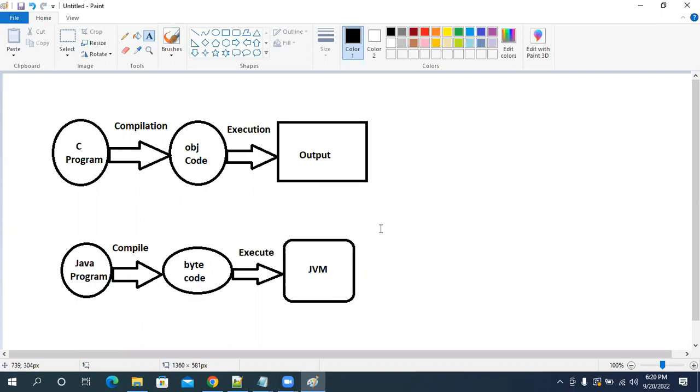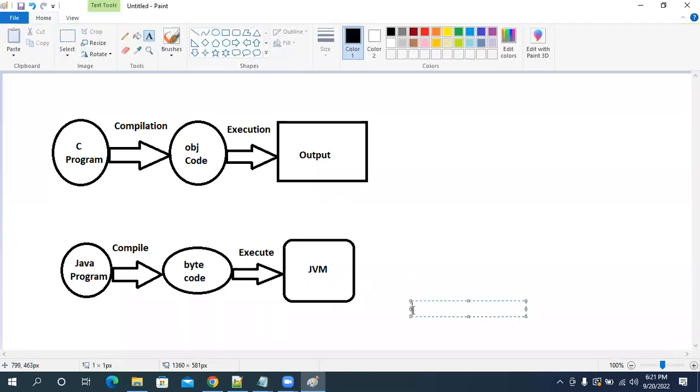You guys can see me. But JVM, we cannot see because JVM is virtual. When you run the program, it will start internally. We cannot see it with our eyes, but it will run our program. Virtual means it is not visible. Now, whenever you execute the Java program, JVM will start.